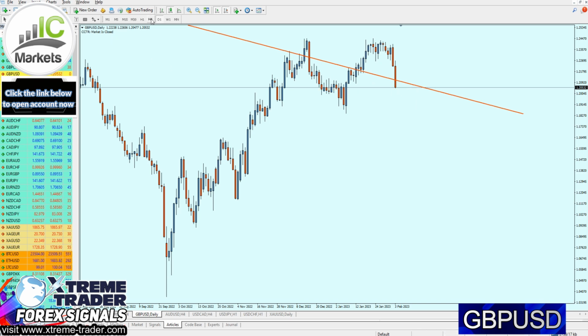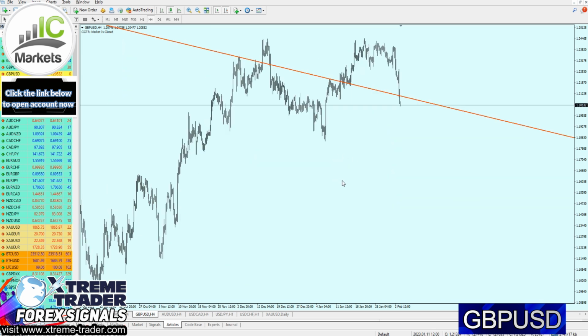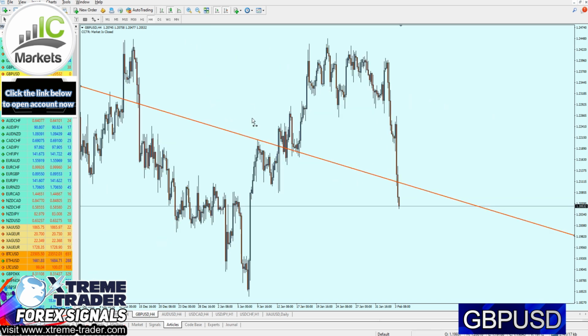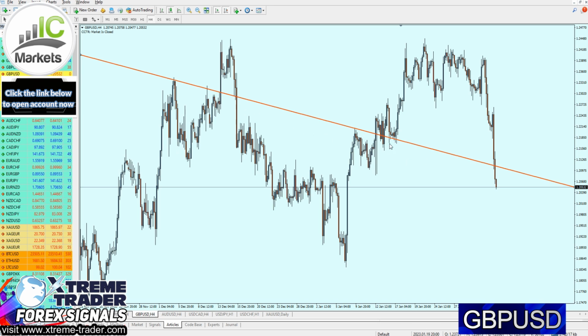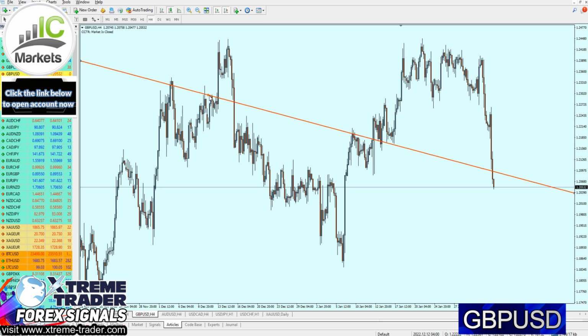So of course, let's now move to the 4-hour time frame, and as we can see, that's exactly what I'm talking about. That is the level of the resistance trend line which we are going to rely on to find the next entry. Let me just make it more accurate, just like that. Perfect.